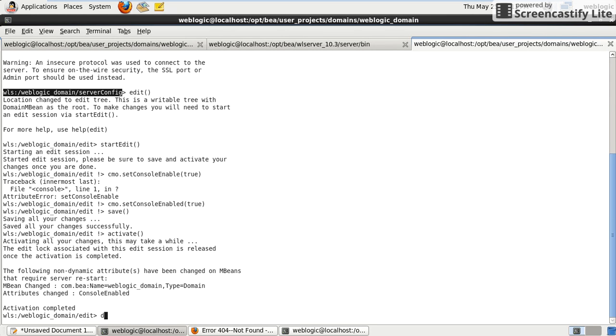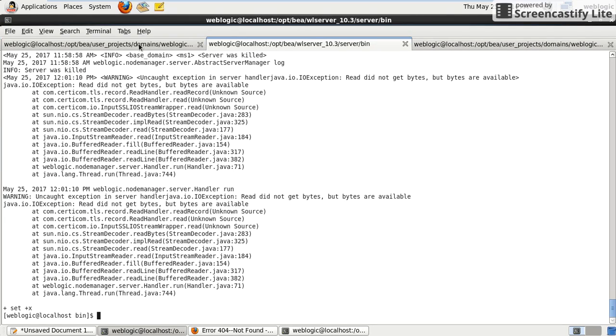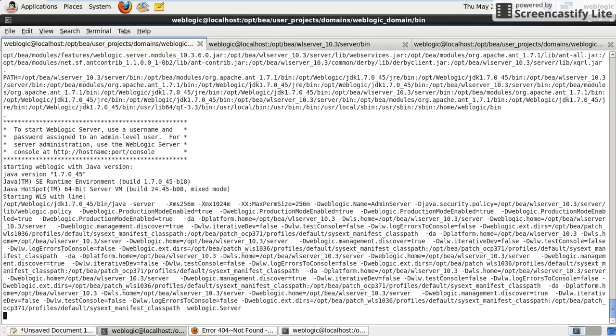Now disconnect. Now again you have to bounce your admin server. We have already enabled the admin console with WLST, now you have to restart the admin server.